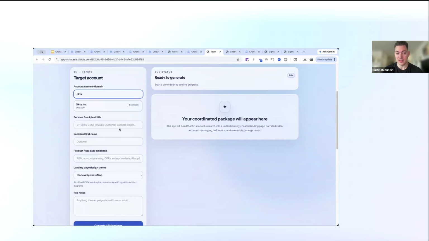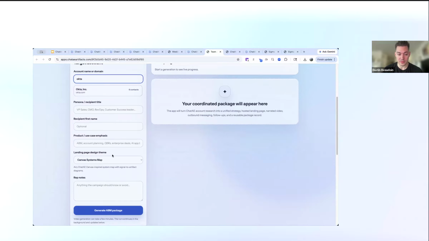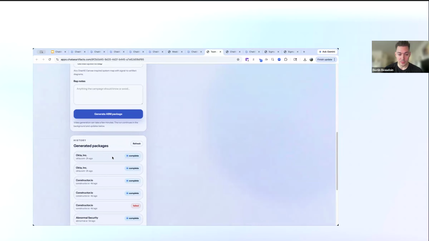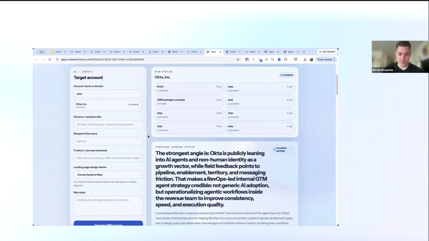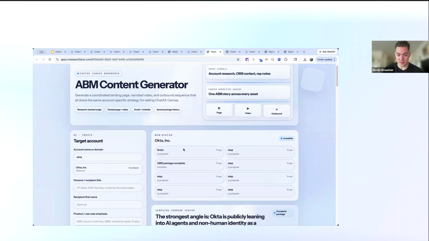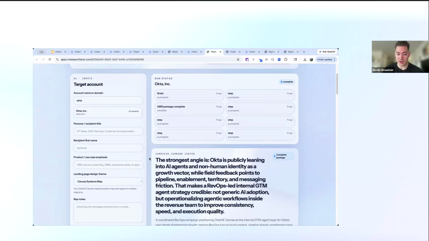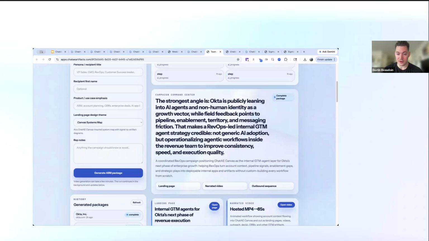I can give it, in this case, I've built this app to take in some additional information on who I want this content to be made for, and some design principles and things like that. But you'll see it then runs the research from Chat AE. It takes a few steps here of running the research, gathering that context, and then putting it together in